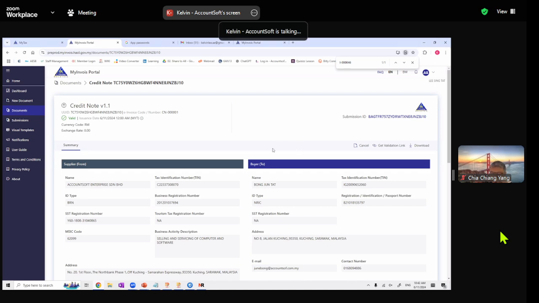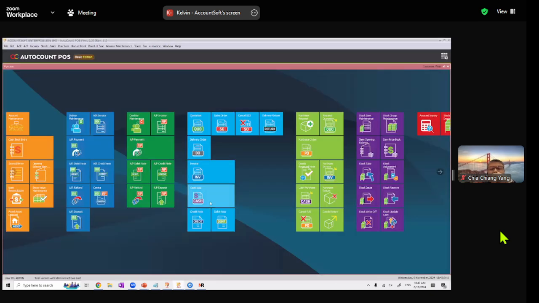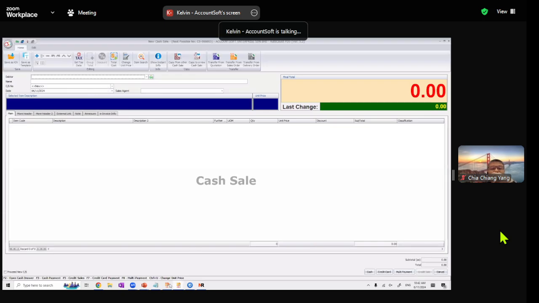So for cash sale, if the customer doesn't need an e-invoice, you may just create as normal. Only those with a TIN number, tax entity, you will submit as e-invoice. So for a random walk-in customer, if I create,